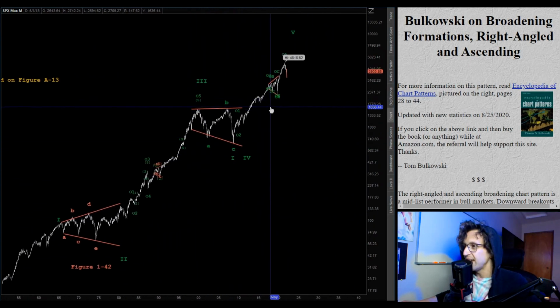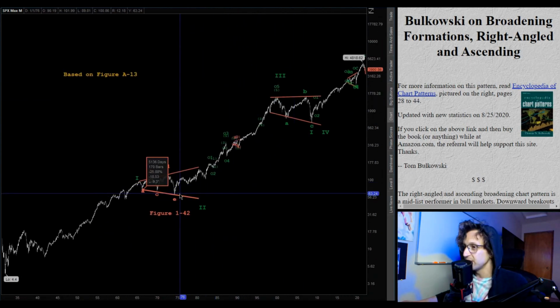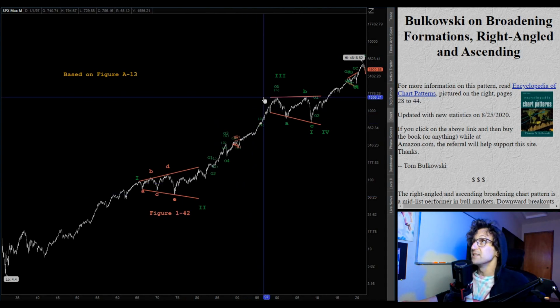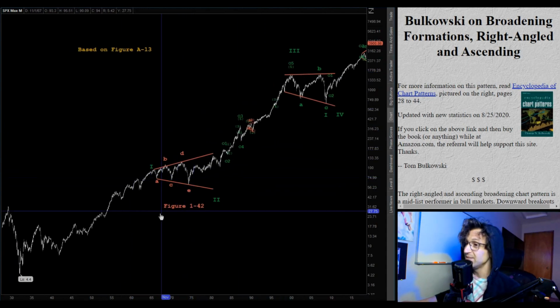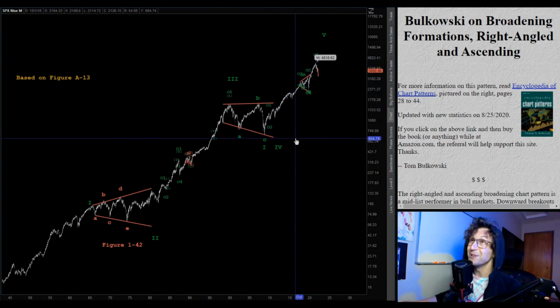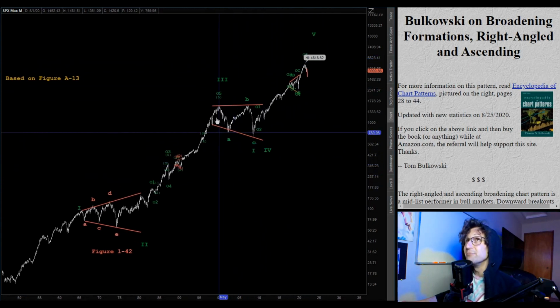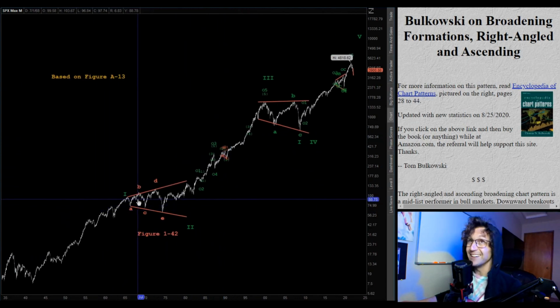So wave 3 can't be the shortest wave. And so let's just say that the bottom of 2 here is at 61 and the top of wave 3 is at, wow, 1,560. So we'll call it an even $1,500. Okay, so is 1 even that tall? No, it's not. So this works. 3 is not the shortest actionary wave here if this is the full 5-wave pattern. And wave 4 does not overlap wave 1, so that's another bonus there, right?